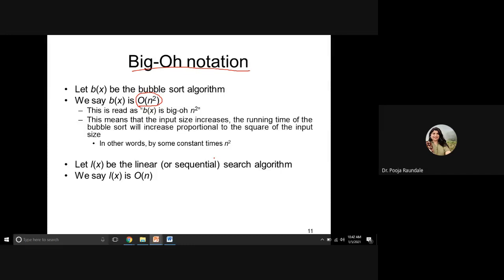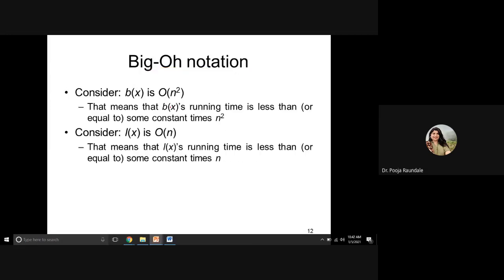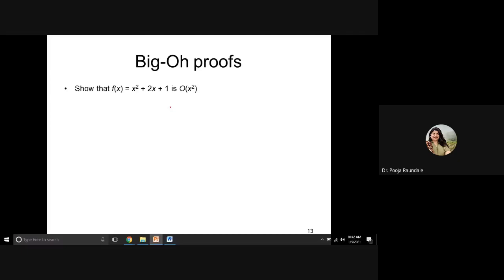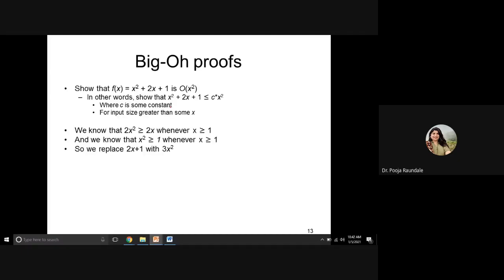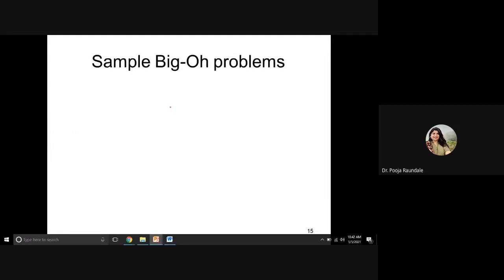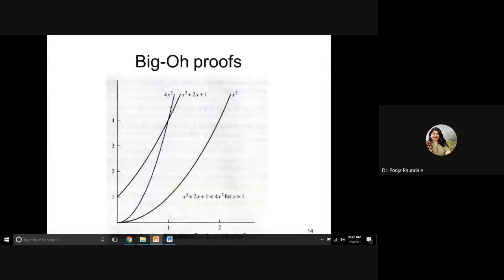And your sequential search or a linear search would always be order n. So big O notation n, or we call it order n. Your sorting algorithms would be order n square. These proofs and all we'll see later. What I want to show you here is,